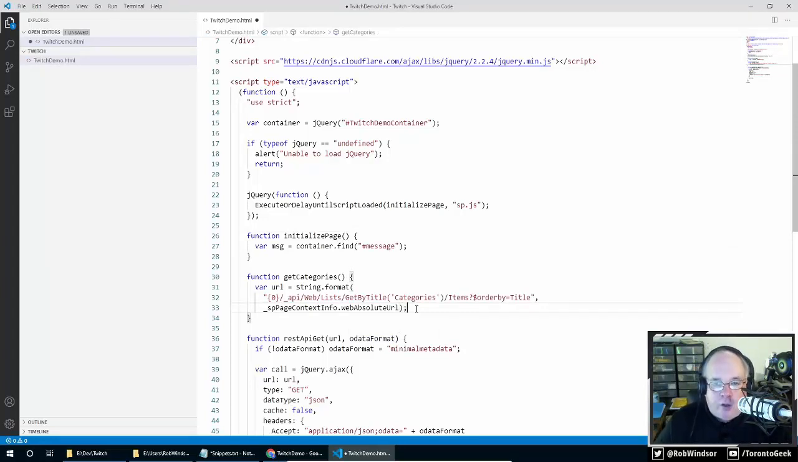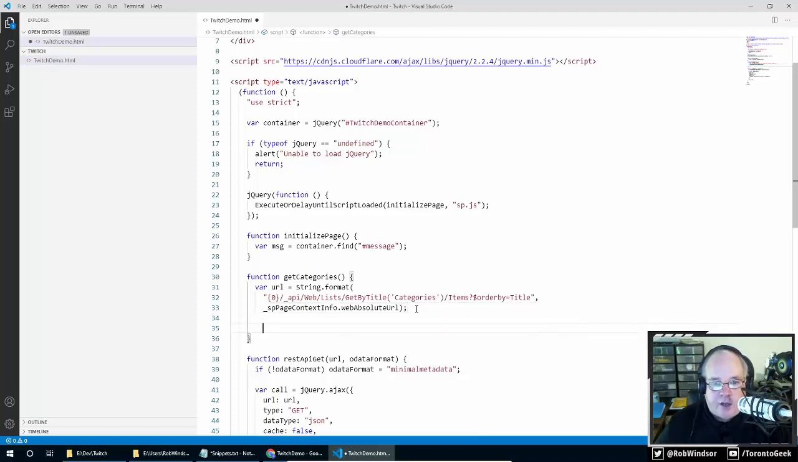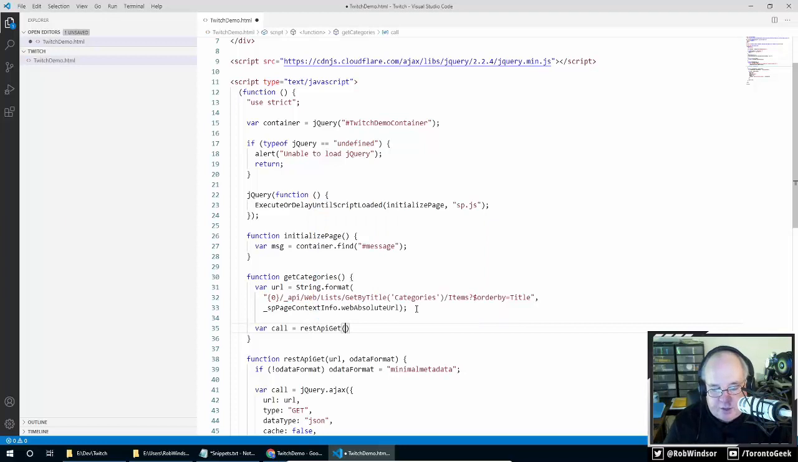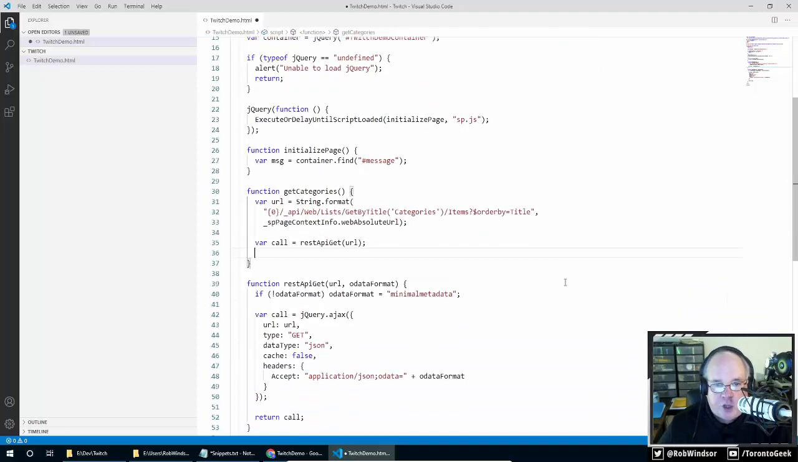Okay, so that's the URL that I'm going to use to identify that I want to get back the items in the categories list ordered by title. Right? And then I can go ahead and kick off the asynchronous call that will make the REST API query and return the results to me. So I'm going to say here var call is equal to REST API get, passing in that URL. Okay, that's going to return me a jQuery promise object, and then I can say call.done,